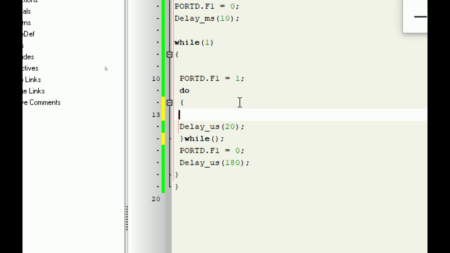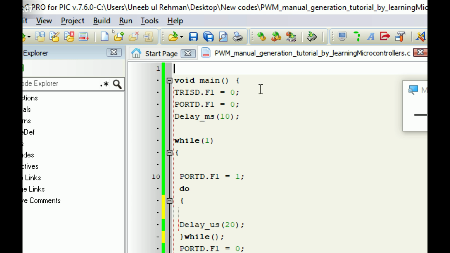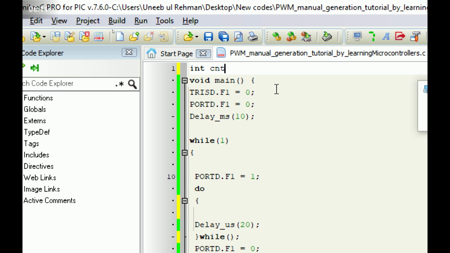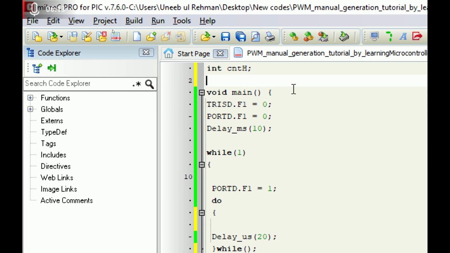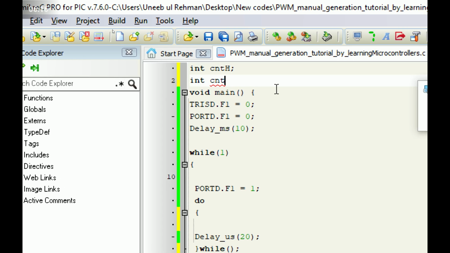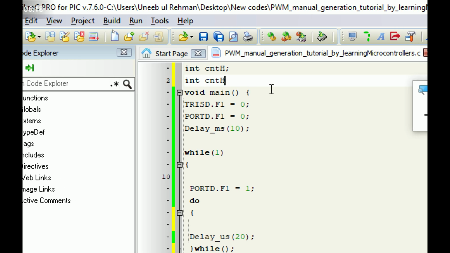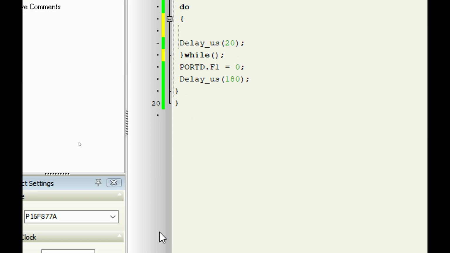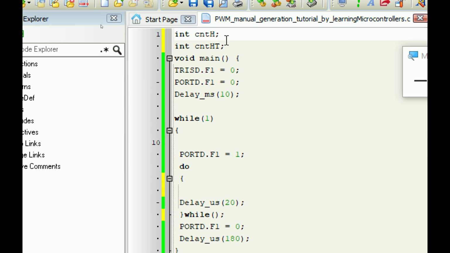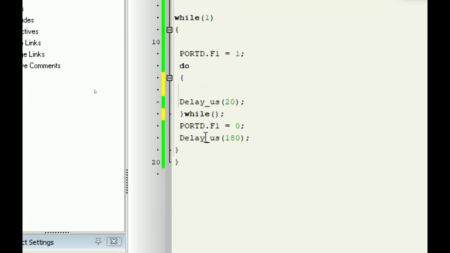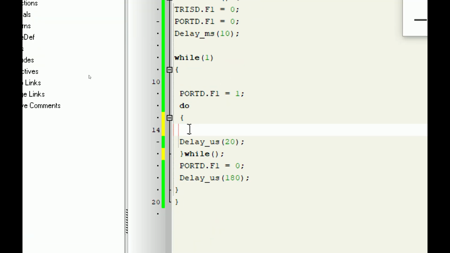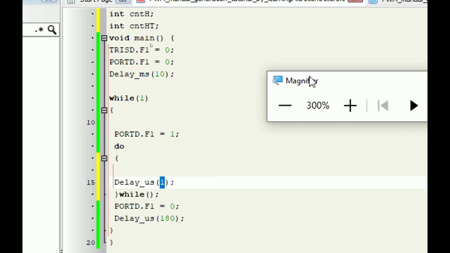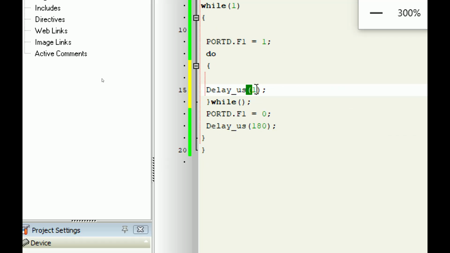Now inside the do while we take a variable called counter for the high part, and then we need a variable to set the threshold, the maximum when the loop gets terminated. This will decide when the loop gets terminated. This will decide the repetition time. So we have two variables for the high part. So now make it 1. Our step, this is the resolution, like the minimum we can go is 1 microsecond delay. So right now we have 200